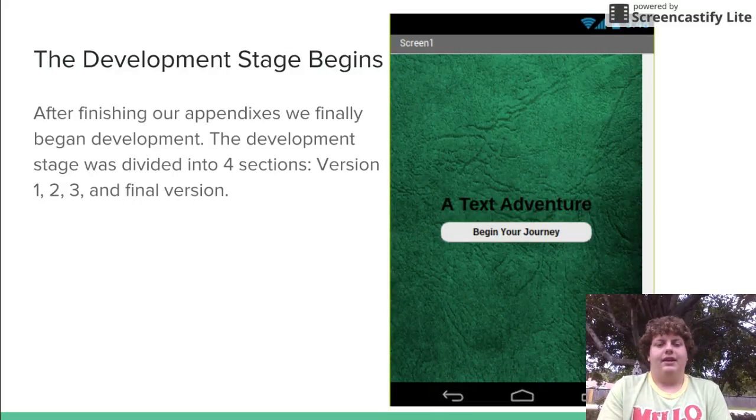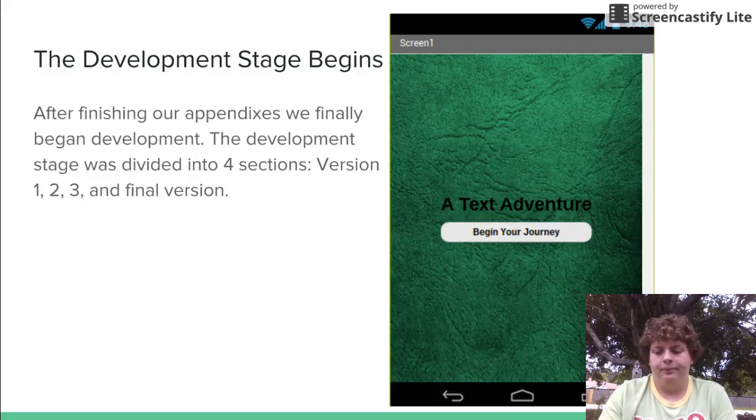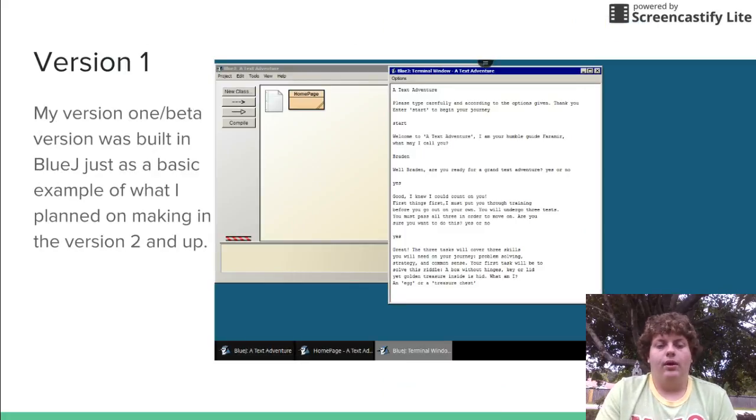So the development stage finally begins. After finishing our appendixes, we finally began development on our physical application. The development stage was divided into 4 sections: version 1, 2, 3, and the final version. So version 1, my version